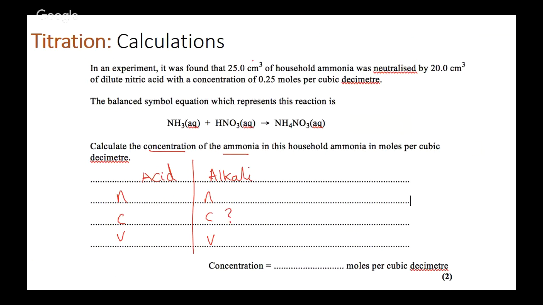We've been given the volume of ammonia, so 25 divided by 1,000. We've been given the volume of our acid, so 20 divided by 1,000, because this is centimetres cubed and we need decimetres cubed. And we've been given a concentration of 0.25 moles per decimetre cubed. So the one thing we can work out is the number of moles of acid by multiplying these two together. So we end up with